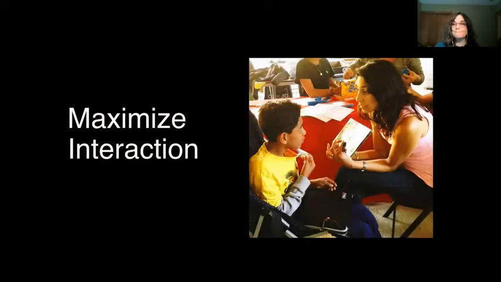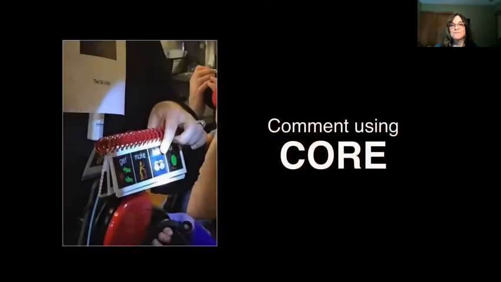All of these example comments and invitations were open-ended to encourage students to communicate and interact. The adult carefully observed the students, attributed meaning to their behaviors, and encouraged them to use their universal core systems to communicate. All of this without asking direct questions or requiring the use of symbols. Like the example we reviewed, adults should focus on the use of universal core words and show students how they could use their communication system to interact during shared reading.